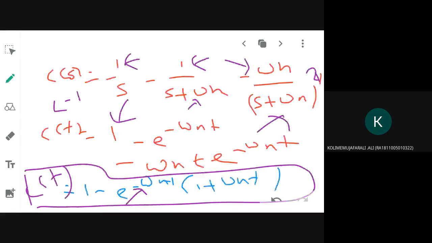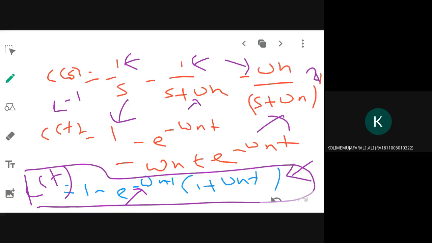Okay, and one more thing I wanted to tell you. In problems also they will give you a system. They will ask you to apply one particular input and derive the value of C of t. Suppose you are able to remember the final formula that you have derived for these 4 cases, then you can directly substitute the value of omega n in that formula and rewrite the equation. That will be the final answer.